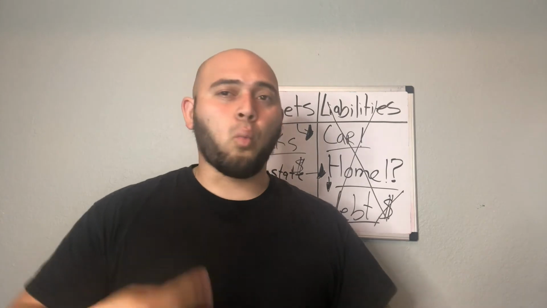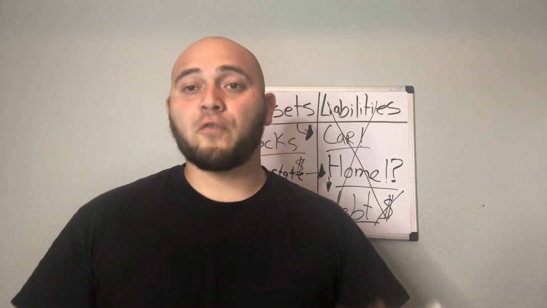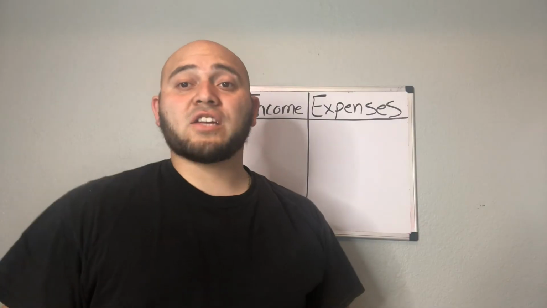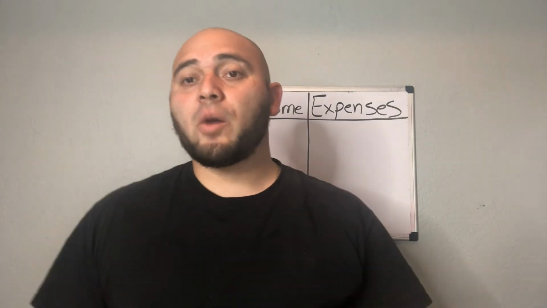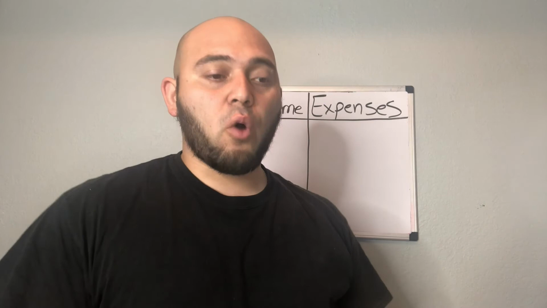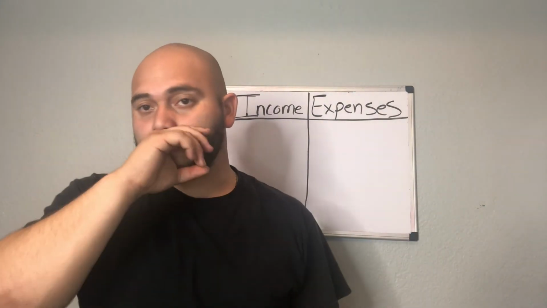So let's just take it one more step further and go into a little bit more depth to see how these specific formulas and how these assets and liabilities actually take place. All right, guys, so when it comes to actually building up your asset column, when you're building up your asset portfolio, you always have to know where your income is coming from and how your expenses are leaving, okay? And a lot of people are getting confused, okay?